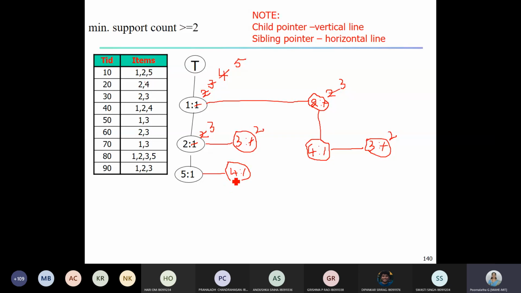And again, please note, we are moving from left to right always, in the particular order.